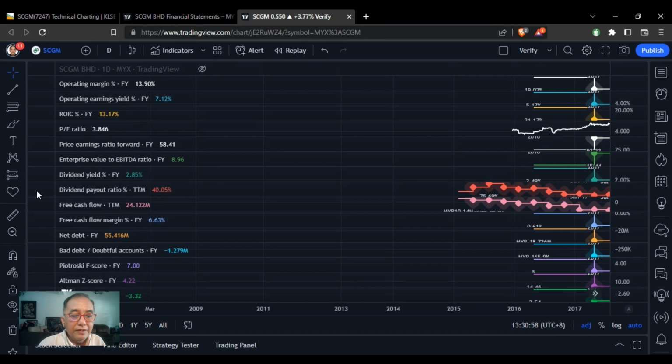Free cash flow 24.12 million. Free cash flow margin 6.63. That means for every dollar of sales, they have about 6.6% of excess cash. However, it has a net debt of about 55.4 million, meaning either two things, that they are raising their cash. Even though the cash flow is positive, that means they are raising the cash either by borrowing or by